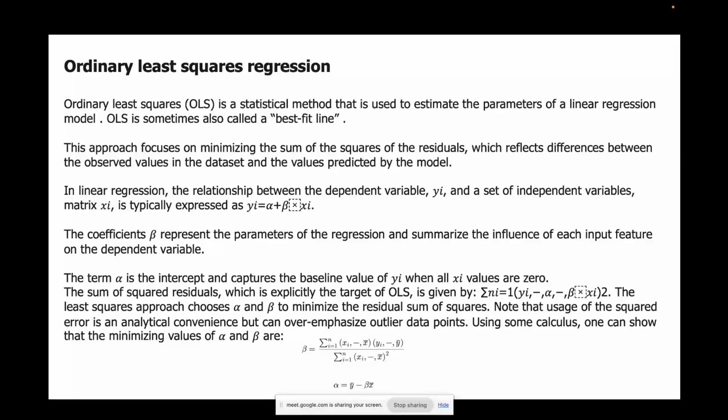You draw a scatter plot between the x and y axis, and you try to find the best fit line across the whole data. And to do that, ordinary least square is used, right? So the idea behind that is, again, as I was saying, there needs to be a cost function or a loss function which you are trying to minimize, right? So this approach focuses on minimizing the sum of squares of the residuals, which reflect differences between the observed values in the dataset and the predicted